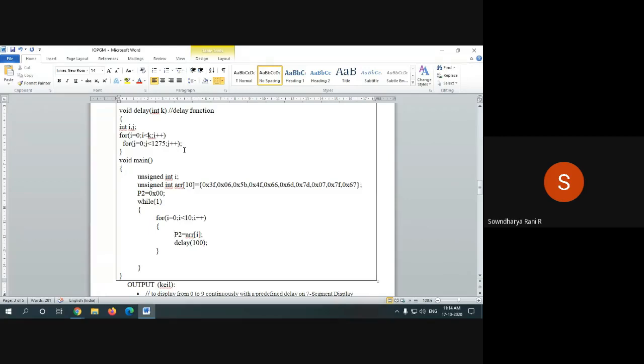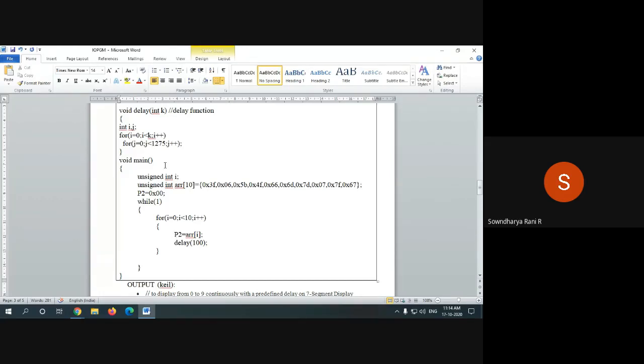If you calculate this delay program, it is 1275 multiplied by 100. For each i loop, j will execute 1275 times. So 100 into 1275 into the time period of the 8051, which is 1.085 microseconds, means this delay program will generate a delay of 100 milliseconds.